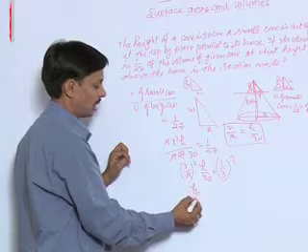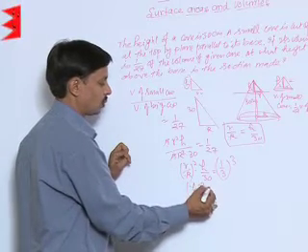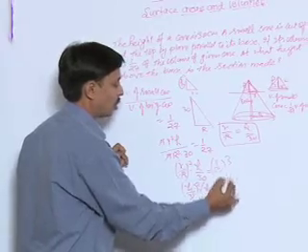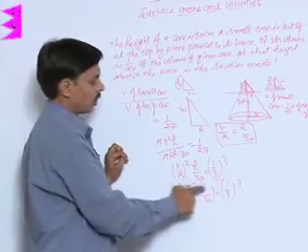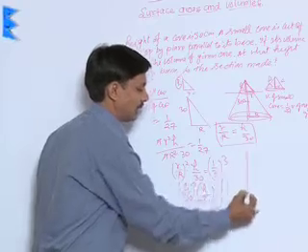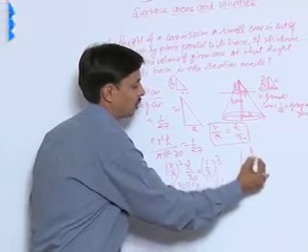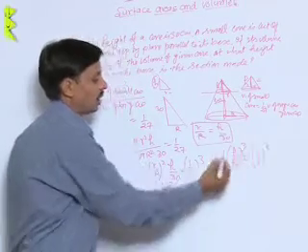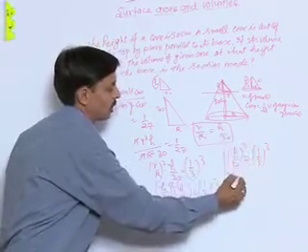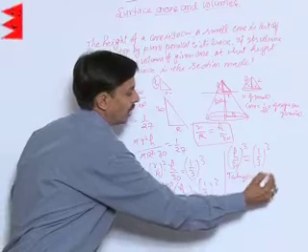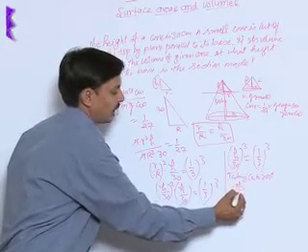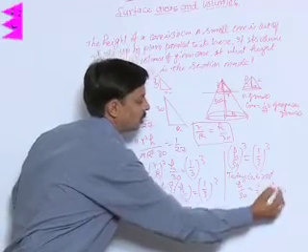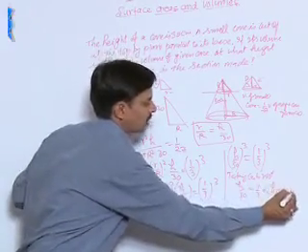So this becomes small h upon 30 whole square into h upon 30 is equals to 1 by 3 whole cube. h upon 30 whole square into h upon 30 becomes h upon 30 whole cube is equals to 1 by 3 cube. Taking cube root both sides, I will say h upon 30 is equals to 1 by 3, which implies h is equal to 10. This is not the answer.